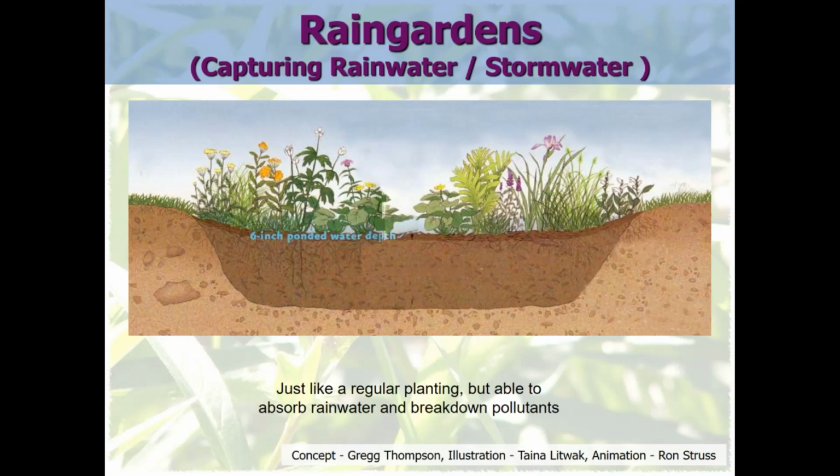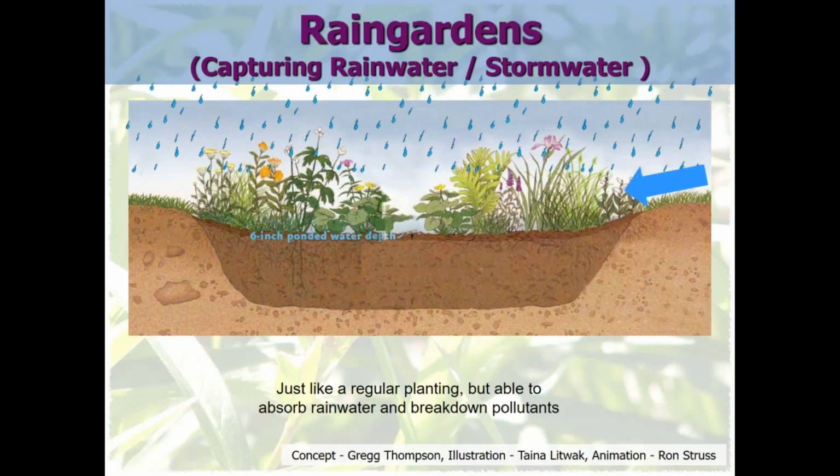So what is a rain garden? This is a very cheesy but effective illustration and animation. Basically, all we're talking about is carving out a hole to plant a garden in that is going to be ever so slightly bowl shaped. And you're siting it someplace where the water is flowing naturally, where it's coming off of a roof, off of a driveway, off of a road. And the whole goal is that when it rains,